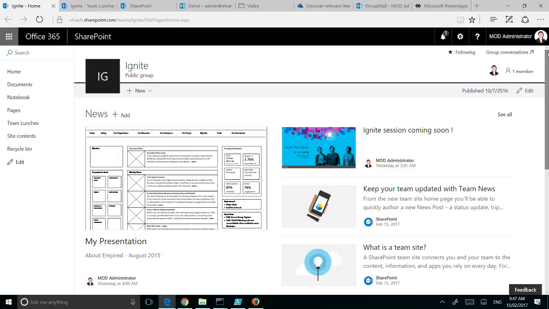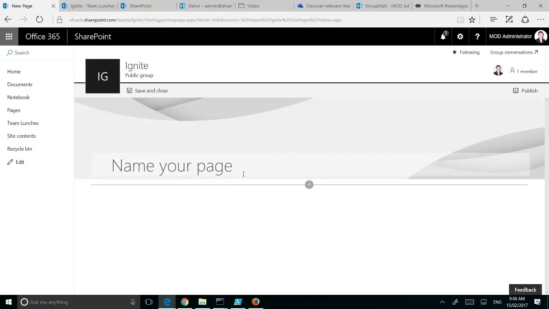So that's one of the most common things that we're seeing now, a lot of people moving over to modern pages. If you do actually have an older team site that looks like one of the ones we'll look at in a minute, you can actually enable these modern pages and put them on top as well. You don't get the news feature, that's only if you're in a site tied up to an Office 365 group, but even the normal old team sites can have these nice pages. And if we look at how easy they are now to edit,